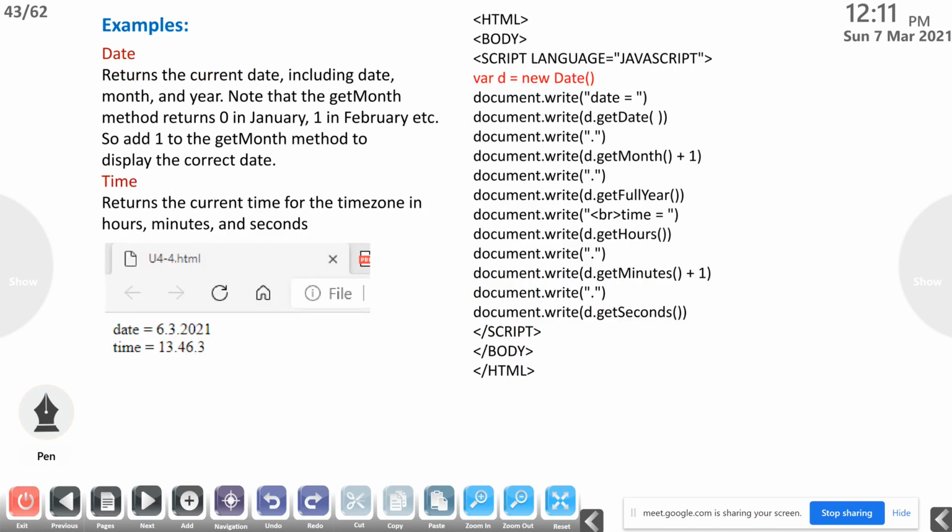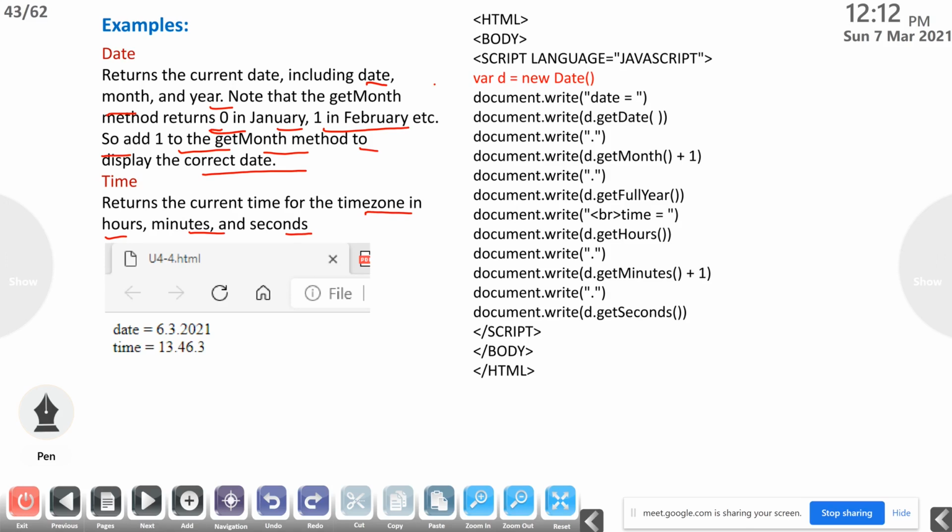Then some examples. Date returns the current date including date, month and year. Note that the getMonth method returns 0 for January, 1 for February, etc. So add 1 to the getMonth method to display the correct date. Then time returns the current time for the time zone in hours, minutes and seconds.